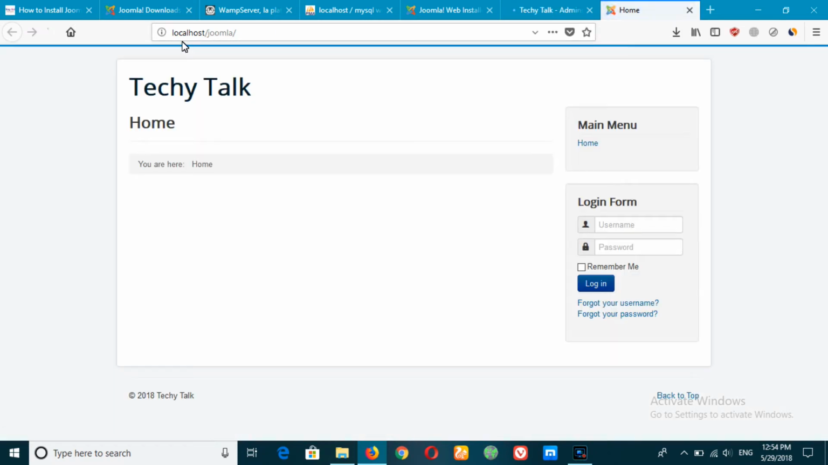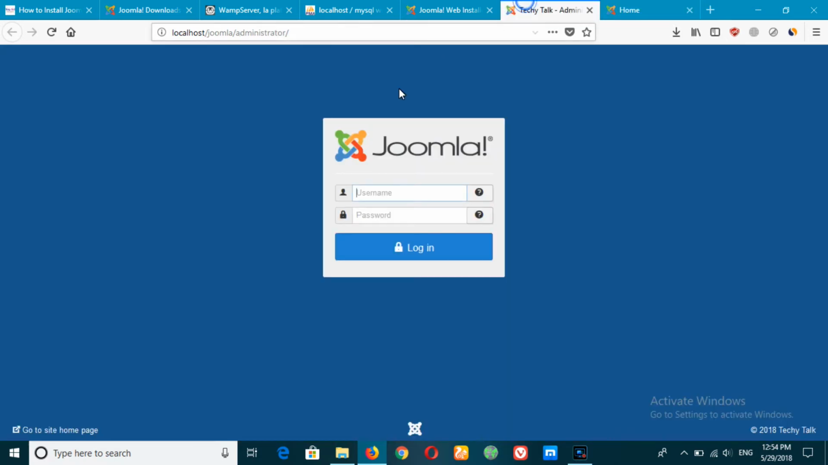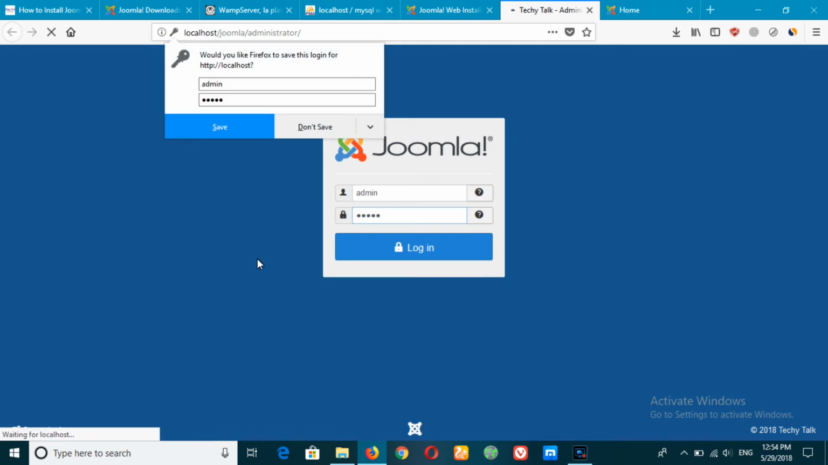So basically this is the main website that will look like localhost/Joomla. Now it's a very simple theme. Now you can see this is the backend. Now I'll type the username and password that I used earlier, which is admin, and admin the password; the username and password are both the same,